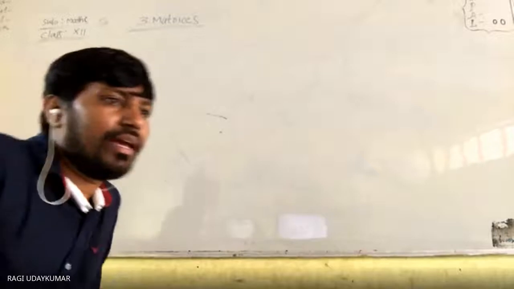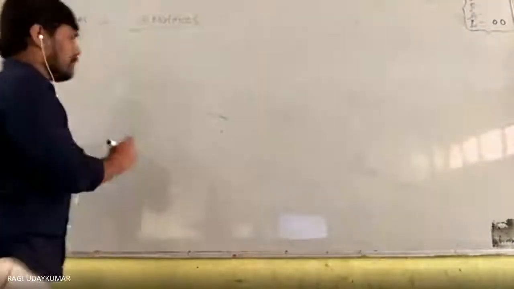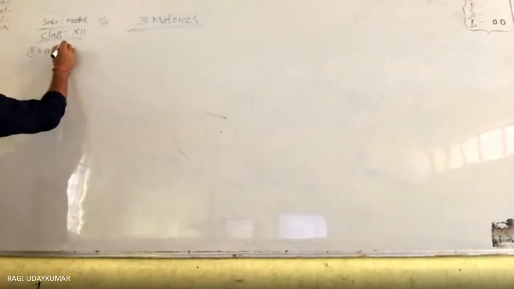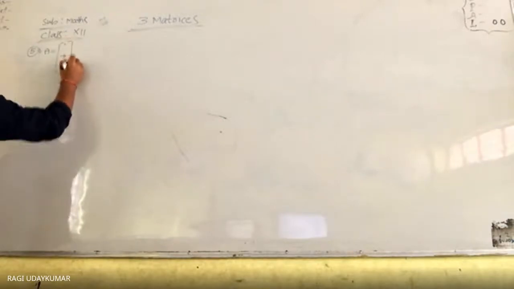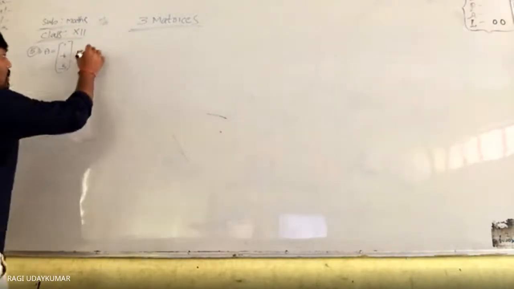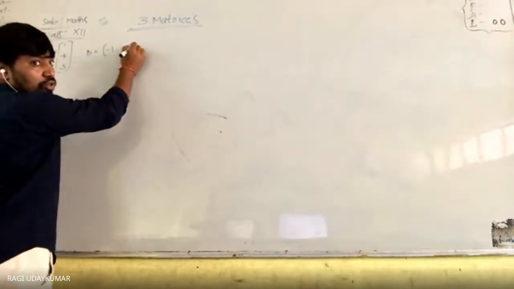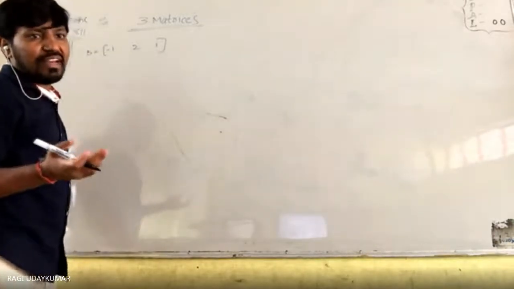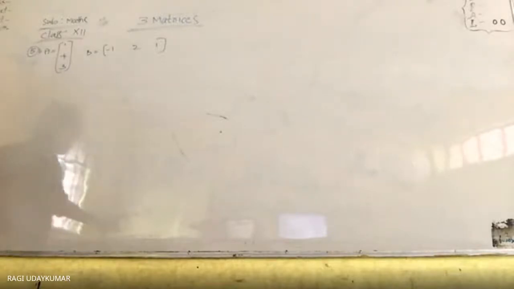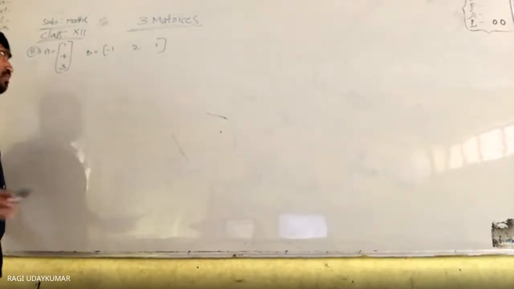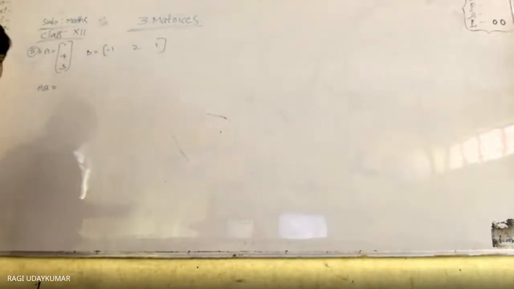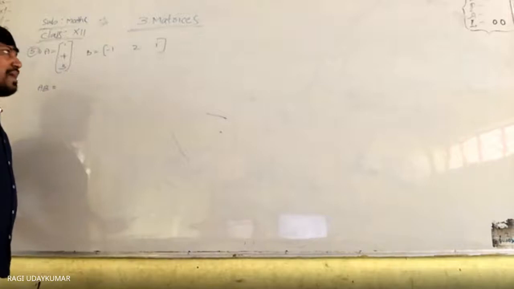Anurag has asked, sir, how do we do that? But the fifth problem I will explain to you. In the first part, A is given as a 3 by 1 matrix, 1 minus 4 3, and B is minus 1 2 1. Here do not write commas, just leave a gap. And what do we verify here? We need to verify that (AB) whole transpose equals B transpose into A transpose. So first find A into B. Can anyone tell me what you get for AB? What is the order of the matrix you will get?